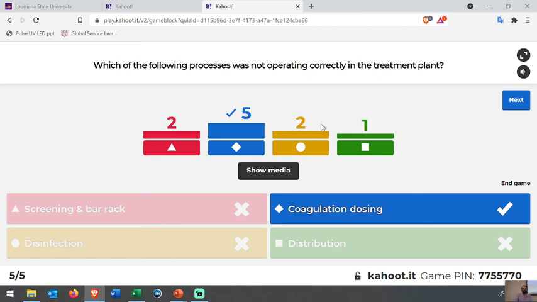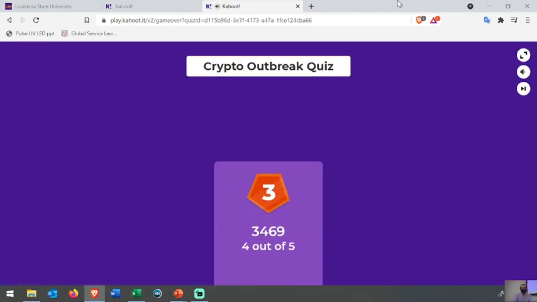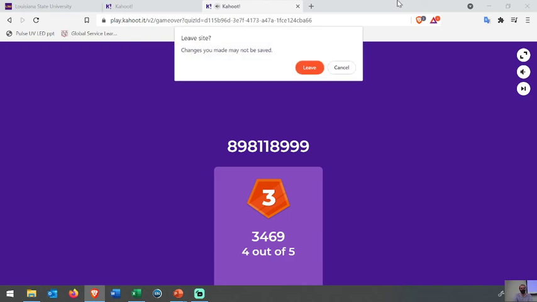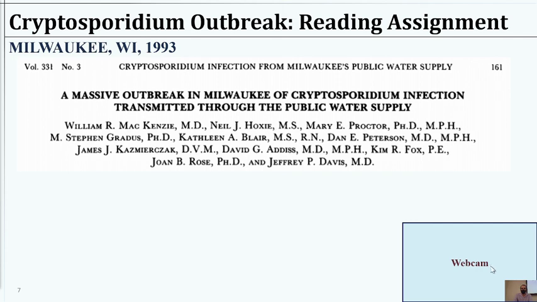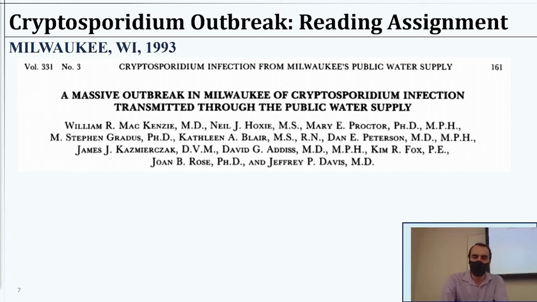Disinfection is also a good guess, but it turns out that we really didn't know a lot about crypto back then, and the disinfection was being applied to the typical extent. Since then, we've improved our disinfection technologies to handle cryptosporidium better. It turns out that it's fairly chlorine resistant, and UV is a good option. Ozone is another good option. Okay, so with that,